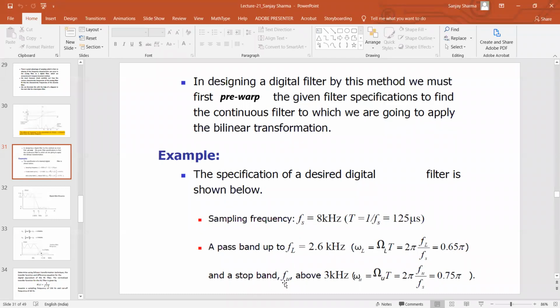Similarly, for the stop band, I use FU, which is 3 kilohertz. I use 3 kilohertz here. I use 8 kilohertz, which is the sampling frequency. I get omega U here, 0.75 pi. All right. Now, if I use these analog frequencies,